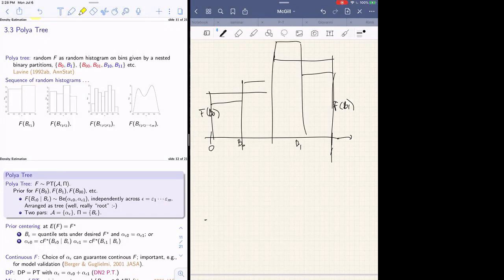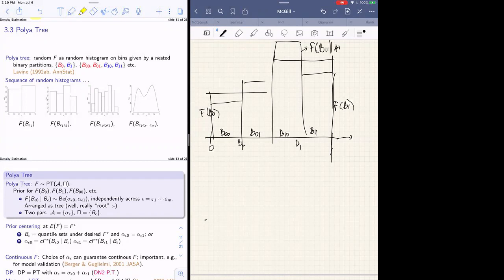Now it's a histogram with 4 bars. Let's call these B00, B01, B10, and B11. I'm just giving names to the grid cells, yeah? When we refine the 2-bin histogram to a 4-bin histogram, it's best to think about simply splitting the FB1 into what we need here: FB11 given,